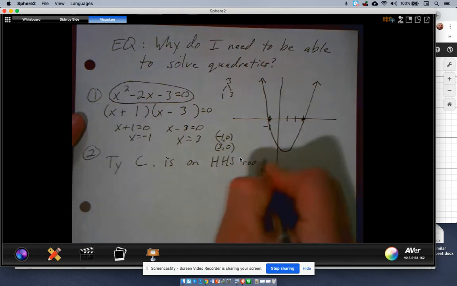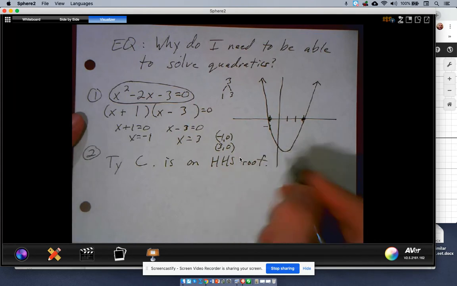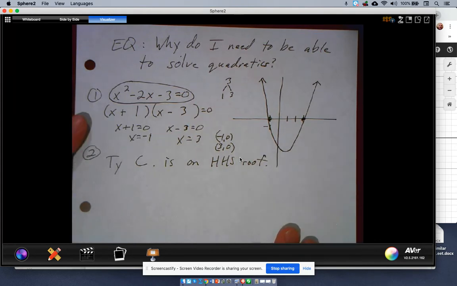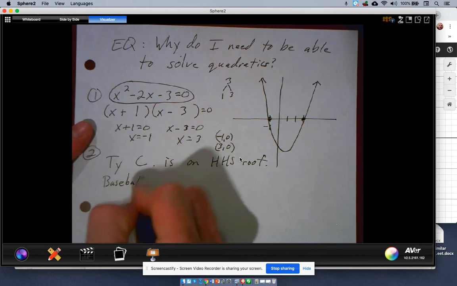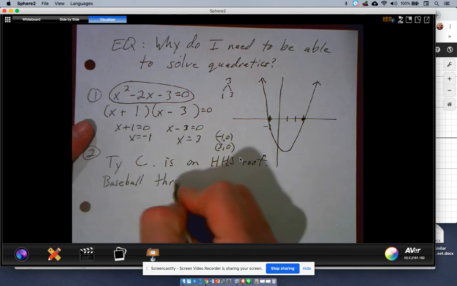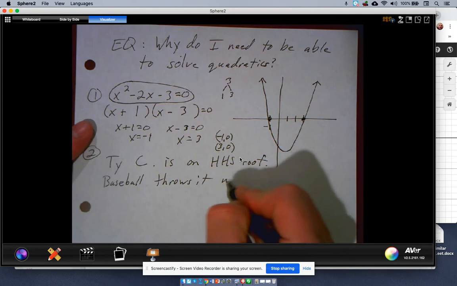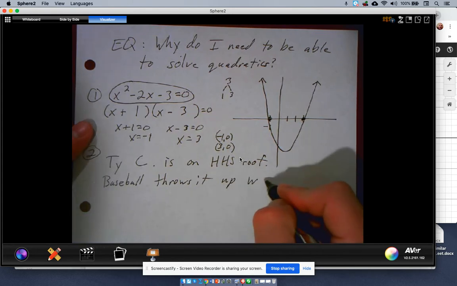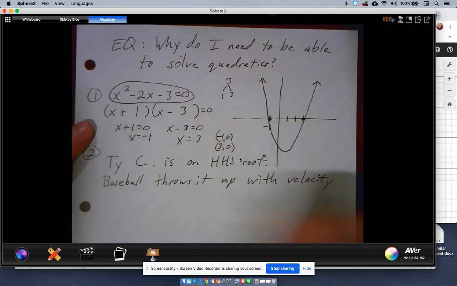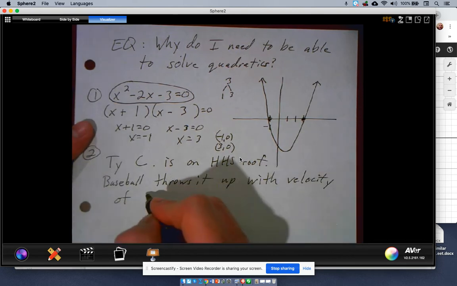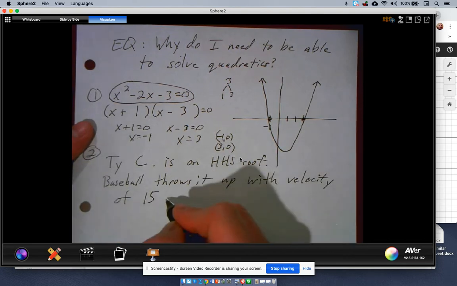Okay, Ty, do not do this. All right, when you're watching this, do not do this. He's on the HHS roof. He has in his hand a baseball, and he throws it up with a velocity of, let's go 15 feet